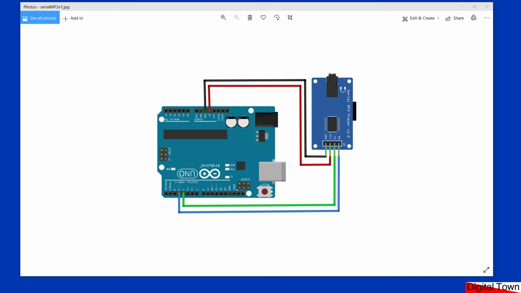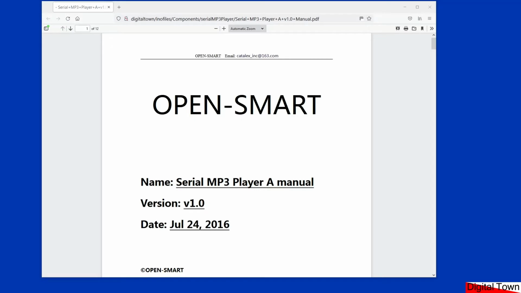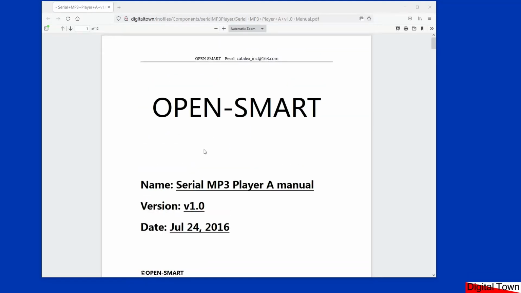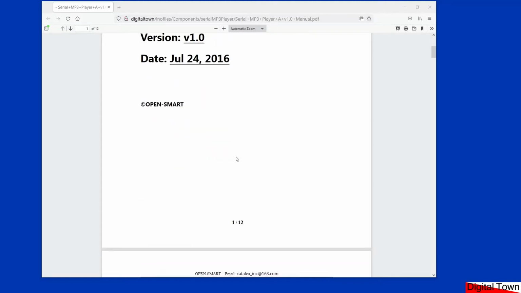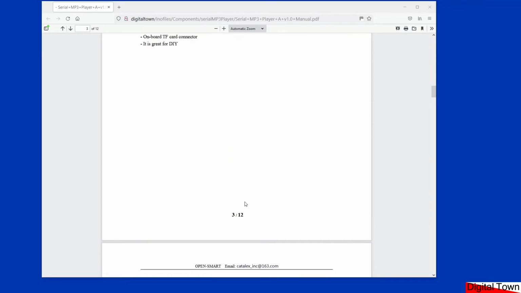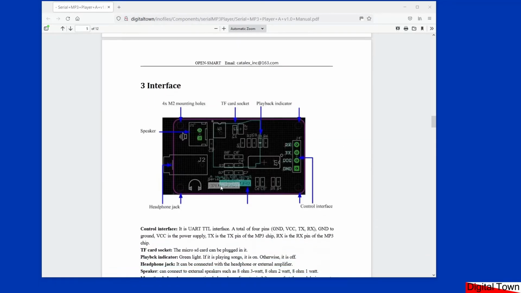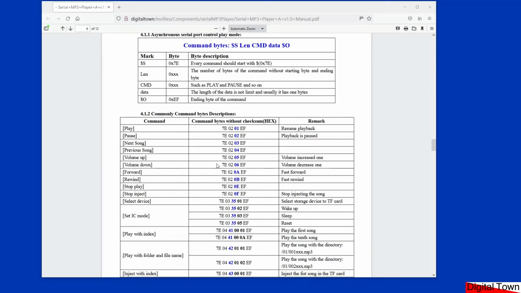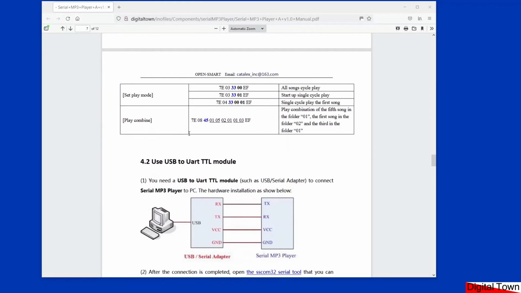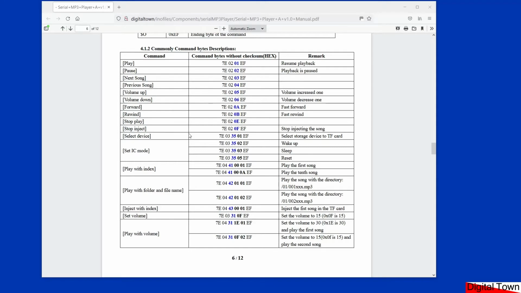So let's have a look at how this works. Now before we start looking at how to program these, this is the manual. I've put a link to it on the Digital Town website, and as we go through this, obviously picture of the boards, what the board is capable of doing, and as we go down, I'm going to miss all the circuitry. These are the important bits. These are the commands that we actually send to the board, and we will be looking at these as we go through the examples. So what I'm going to do now is get the IDE started